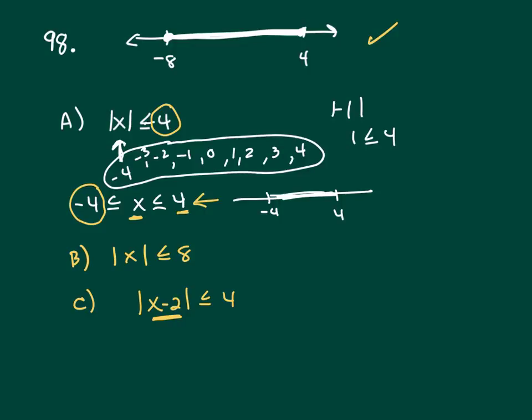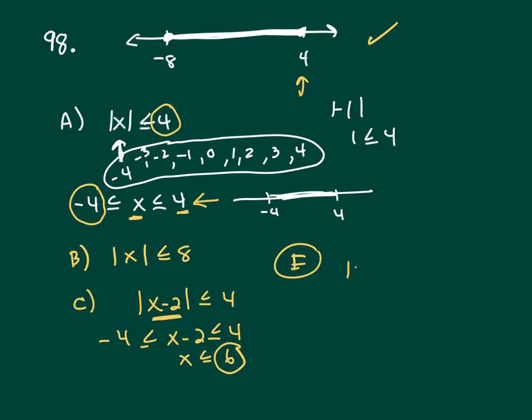You take what's in your absolute value bars and set it in between a 4 and a negative 4. And then you add 2 to all sides, and it gives you a 6. That's how I knew it wasn't going to work, because I knew I was going to get a 6 on this end, and mine only goes up to 4. So it looks to me like it's going to be E,